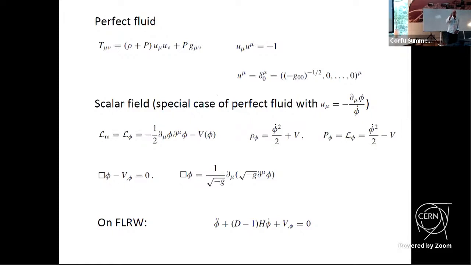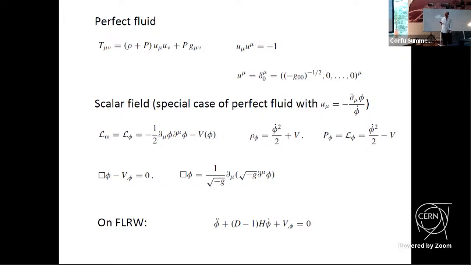For instance, if we assume that the matter is given by a perfect fluid, then we can define a pressure P, capital P, and energy density rho, where U is the velocity along the worldline. In a specific example of a perfect fluid,